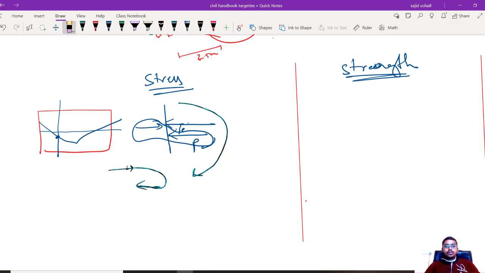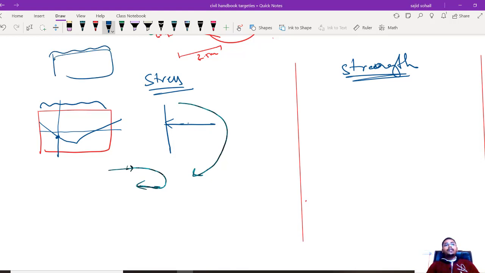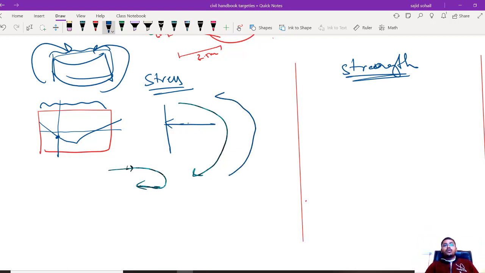Very simple one. So this is the first thing, and obviously there will be a moment because of the loading. Whenever you have a loading, how will it deflect? It will be deflecting like this only. Why did it get deflected like that? Because there is a moment acting. In which direction the moment is acting, you can just see in which direction it is bending, right? The moment is bending it. So that is the direction of the moment because of the loading. So this is because of M, and this is because of your PE, right?